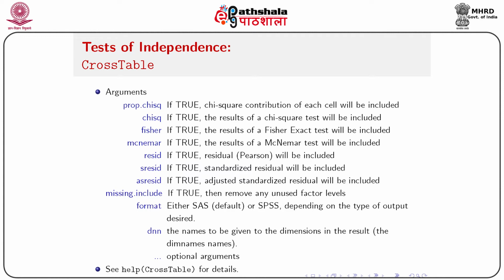And format, either SAS or SPSS, depends on the type of outcome desired, whichever you want. The format default is SAS, and the second format, SPSS, you can get as well. And dnn is the name to be given to the dimensions in the results. That is the dimension names, and the triple dot options are there for any other arguments for any functions that